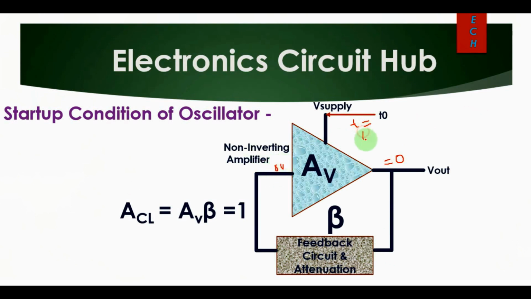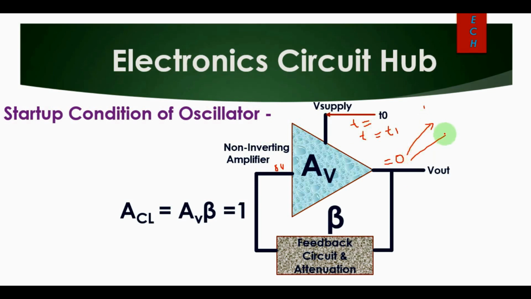Okay, so at time t equals, let's say now t1, when you turn on this power supply source, you turn on this VCC, so this non-inverting amplifier now gets turned on. Because of this process, you must have some noise appearing at this output, right? And your second source of noise could be the thermal noise of your printed circuit board or PCB.